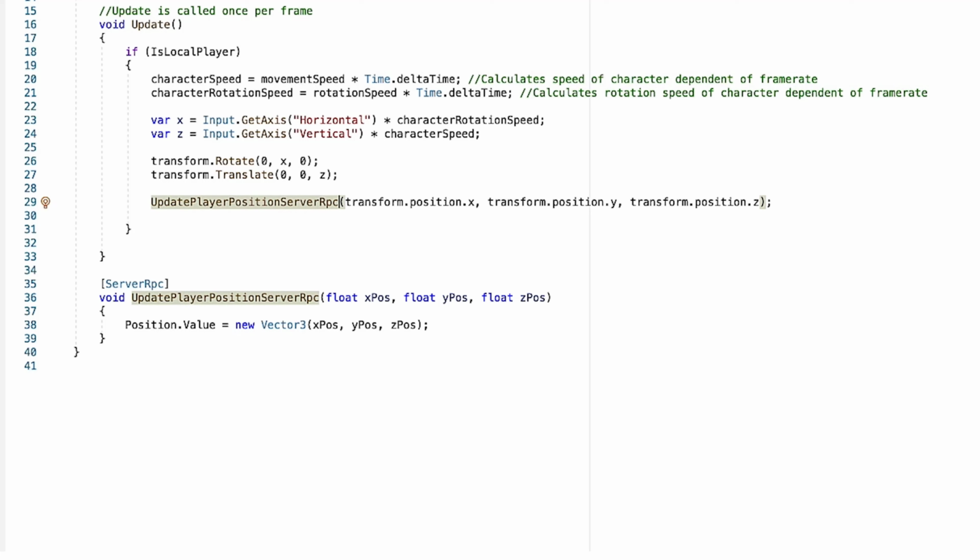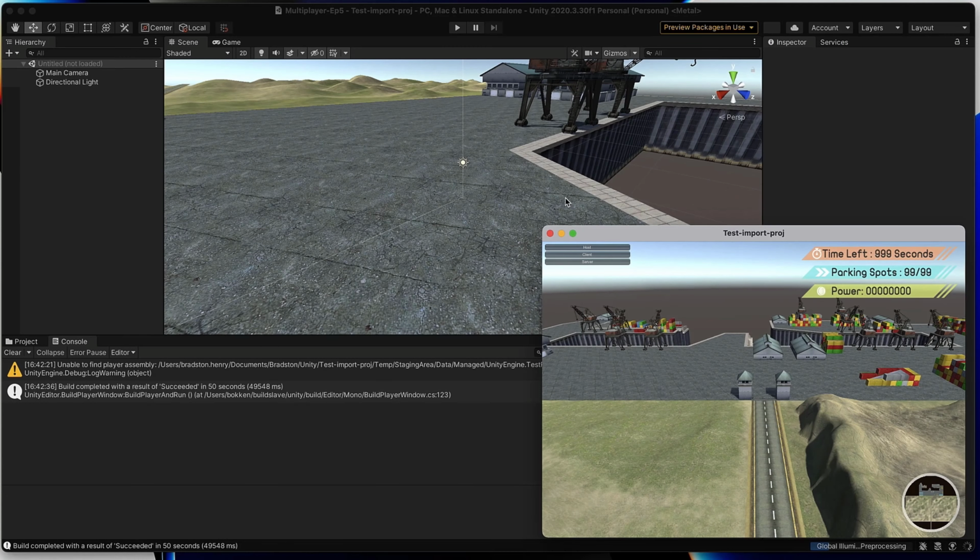So we're going to rebuild and test our application again, and we'll see that our errors have now gone away. I'm going to save, build and run, and we'll jump back in here in a second. All right, our game is up and running again, now with our ServerRpc correctly implemented. So let's run our game within our Unity editor.